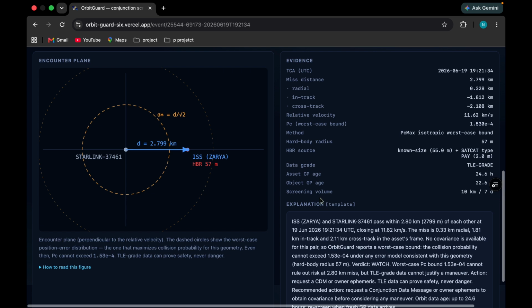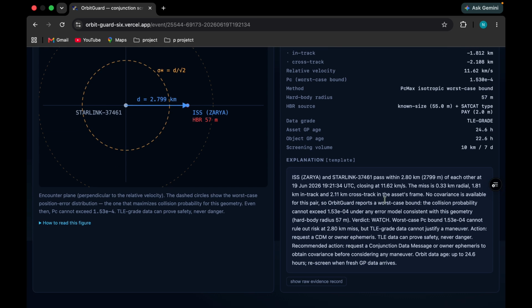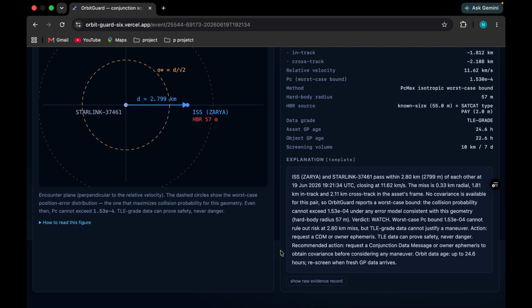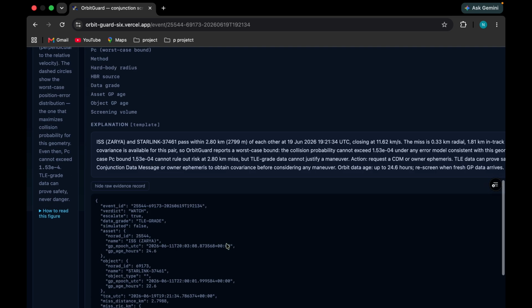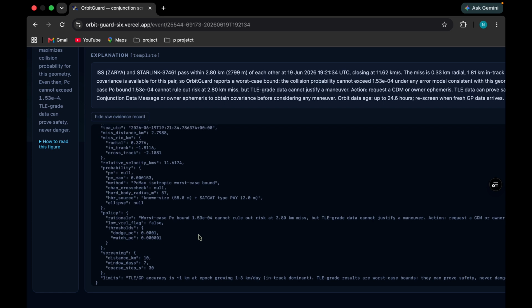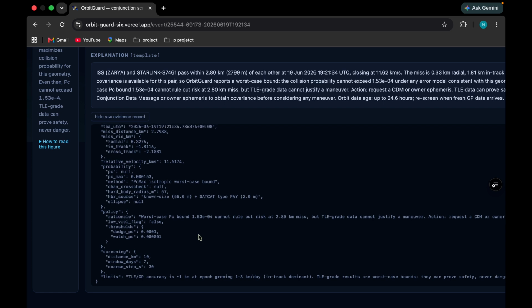Below it is the AI explaining the whole encounter in plain English. And this is the important part. Every single number the AI just used right here has raw data supporting it. So a validator blocks it from inventing anything. Every claim is auditable. It cannot lie to you.